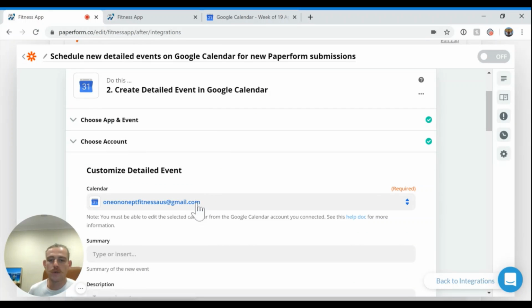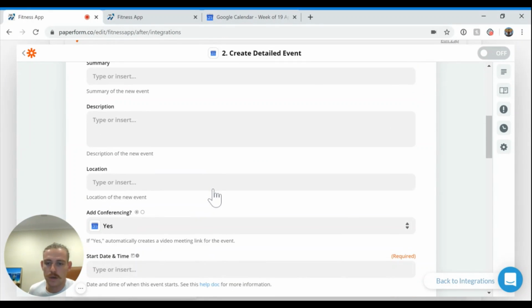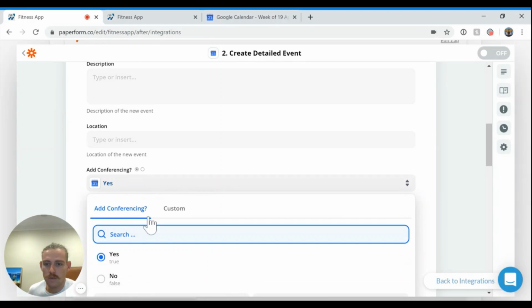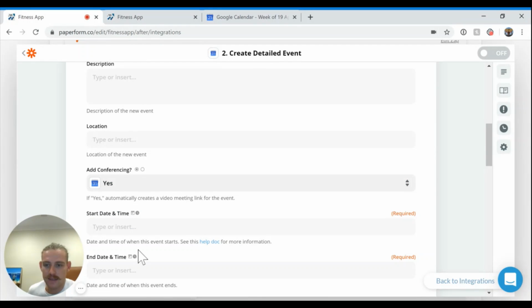So just ensure you do again click on that calendar that you want it to go with. And then here we've got conferencing. We're going to ensure that that is clicked to yes. Because what this is going to do is it's not only going to create an event in your calendar in